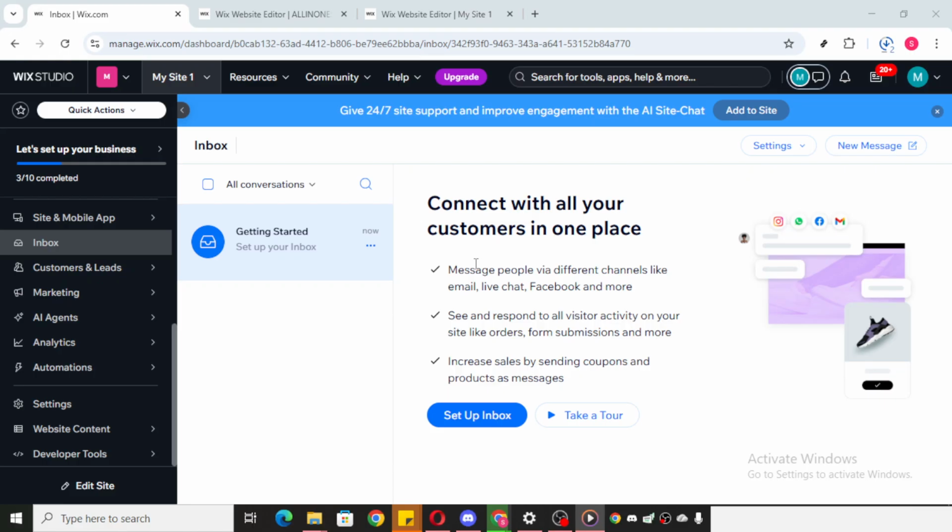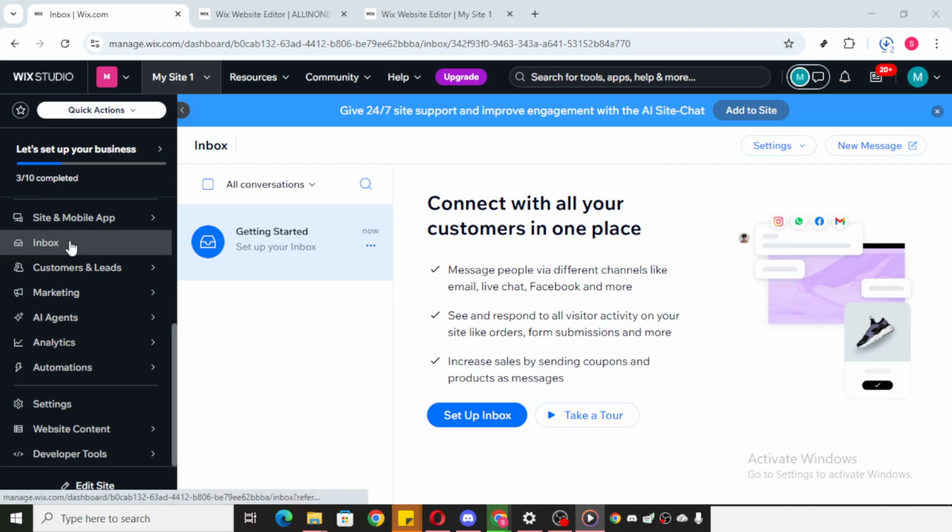easy steps. First, you'll need to navigate to the Wix website. This may seem simple, but it's the starting point of our process. Make sure you've logged into your Wix account with the credentials of the account whose email you're trying to connect. Once there, head over to the inbox. This section is generally where you manage and view all your messages, so it makes sense to kick things off